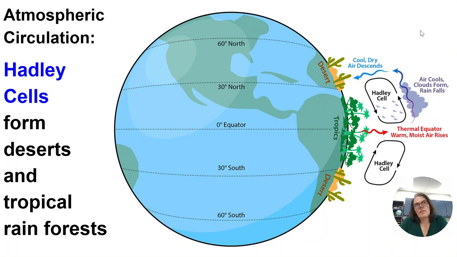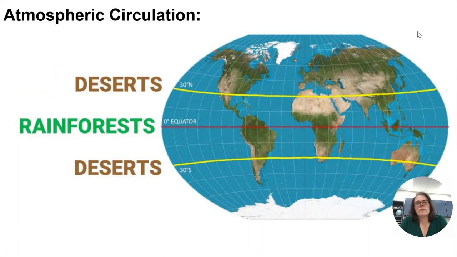And I'm going to remind you, what caused this ultimately? Differential heating of the atmosphere from the sun, the angle of the sun. That's what caused this. All right, and here we go. Here's that pattern. And if we just look at satellite imagery of the Earth, you notice we have rainforests across here. Here's the Amazon in South America, Central Africa, lots of tropical rainforests, and of course Malaysia and Indonesia over here, some of the most famous tropical rainforests on Earth.